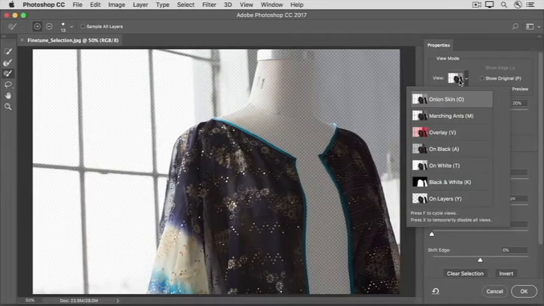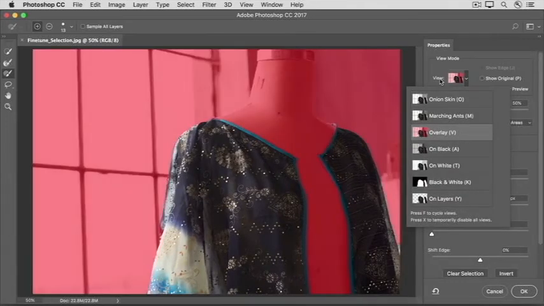Depending on the image you're using, you'll find that different views give you the most accurate information about what could be improved in your initial selection. For example, let's click on this Overlay view. This view is showing us everything that's outside the selection with a transparent red overlay, so we can more clearly see that the initial selection isn't exactly true to the edge of the jacket. There are parts of the jacket that have been left out of the selection. And there's a little bit of the background that's included in the selection that shouldn't be, like this area here